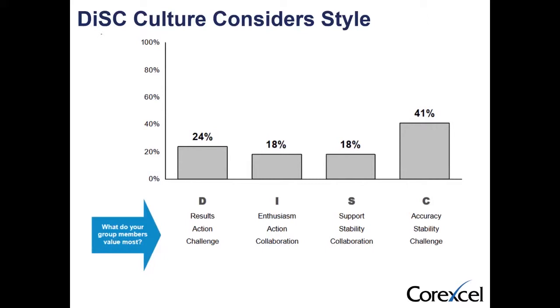So this also affects how a team responds to change, right? How they're going to respond to a short deadline, if they fail or succeed, recognition. Every one of these groups of people is going to respond differently to that. And in turn, all of that has an impact on how the group meets its goals. It affects the feelings of each team member.